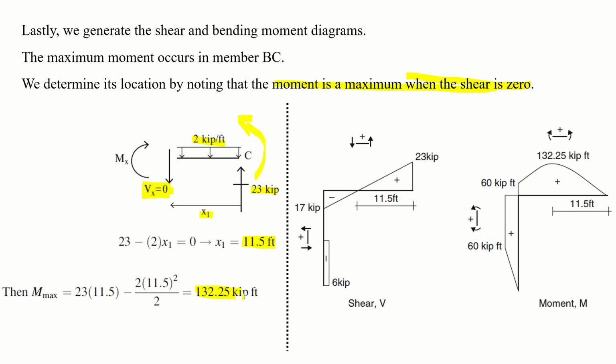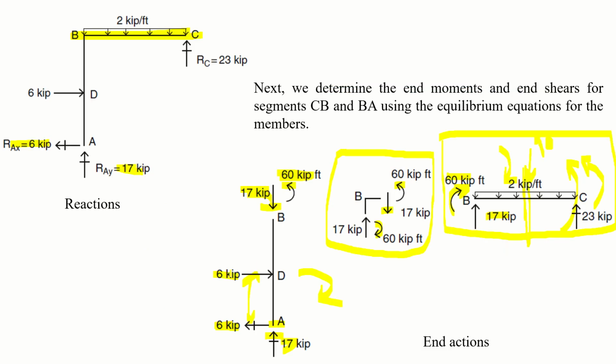Okay, now drawing the shear force and bending moment diagram, starting from this support, 23 kip upward, which is the reaction. Then the UDL will bring it to 17 kip and the reaction at B will take it upward. Okay, there is the shear force diagram. There is shear force starting at 10 feet, which is 6 kip. Since it is a point load, just look over here, this 6 kip.